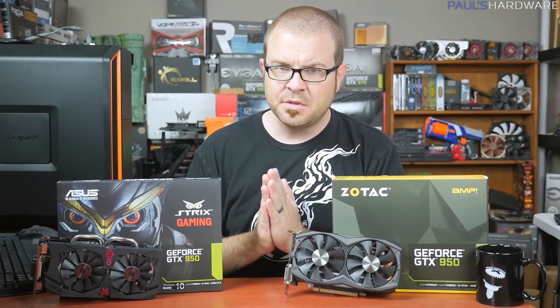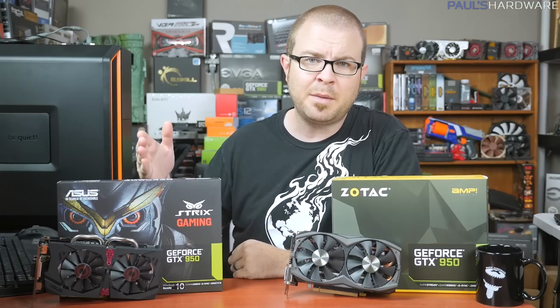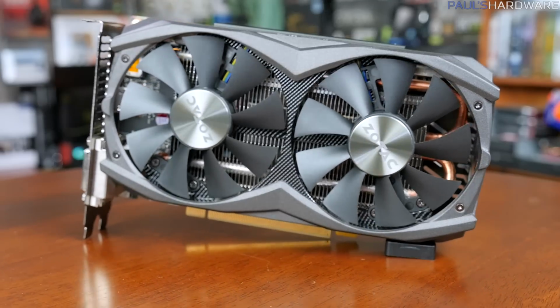NVIDIA launched a new GPU today. It is the GTX 950. Now this is more of a budget card for 1080 gaming as the pricing starts at $160 US. Today we're going to take a look at a couple variants, the AMP edition here from ZOTAC, as well as